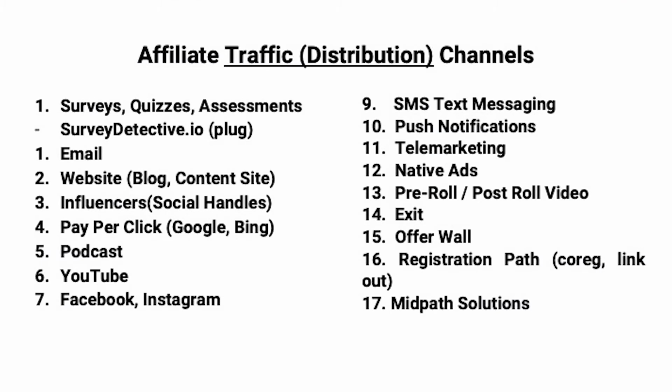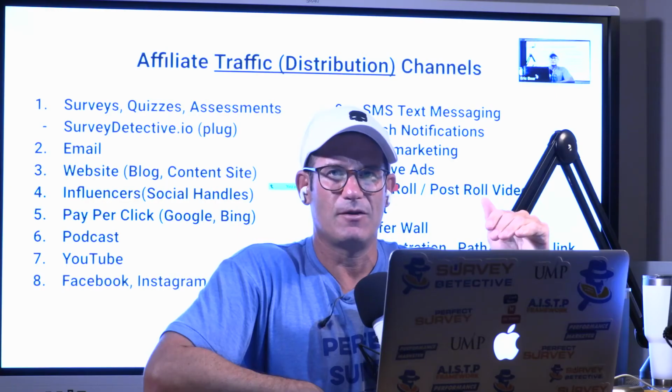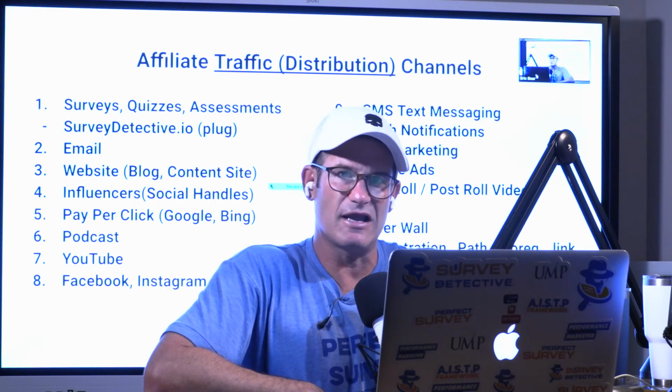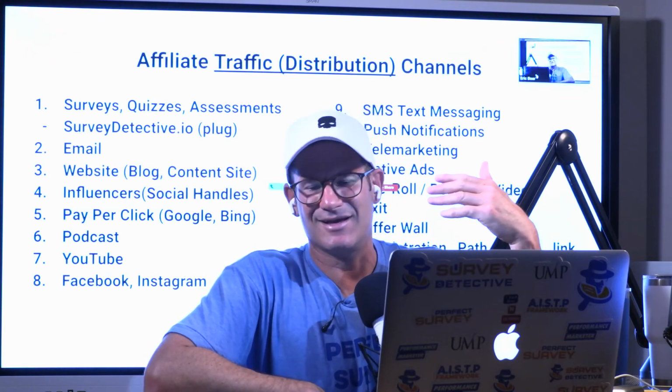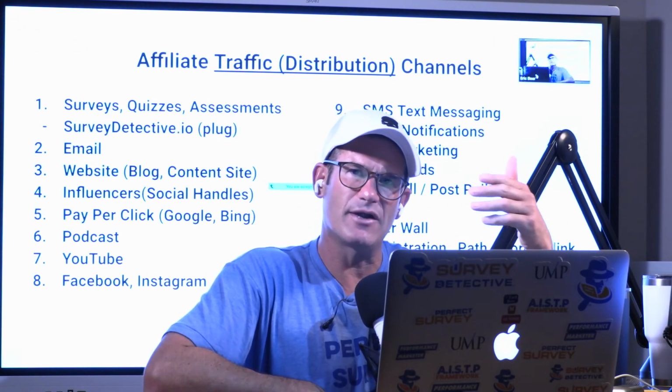All of these things here, traffic, distribution. This is what affiliates do, right? The quality of each of these sources is going to range. It's very different. So you've got to be careful with what you're willing to run traffic to. It's never going to be the same, right? Your EPCs are going to be different for every one of these different channels. The value is going to be different. The quality of traffic, the conversion rates, they are going to be different. It's all around intent and their audience and what the buyer's mindset is.